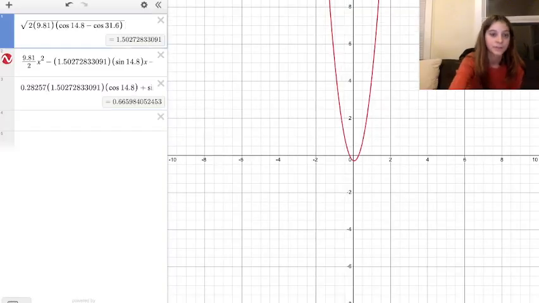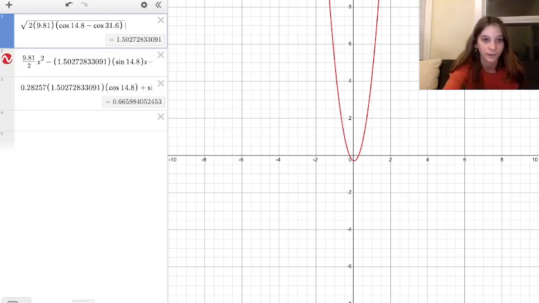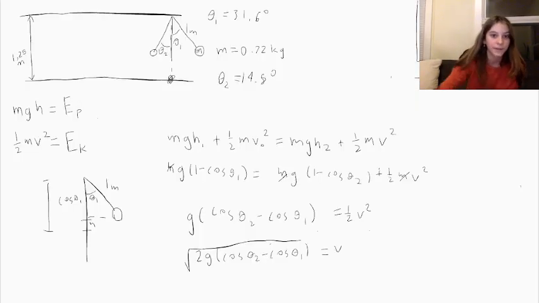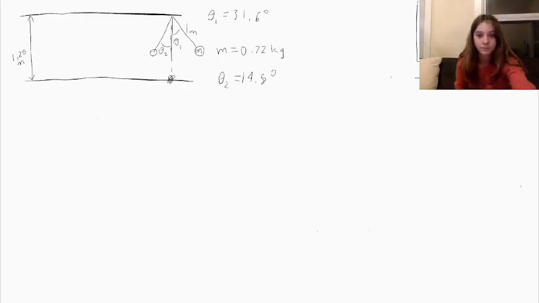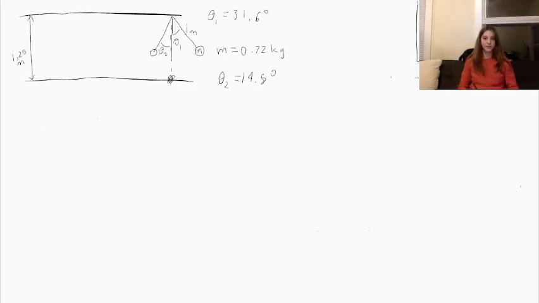This here, I substituted in theta 1, theta 2, and g for the values, and we get this as our velocity, 1.5027, lots of stuff. So I'm just going to keep it as V because it's easier to work with. Let me erase some stuff. Okay, so now we have basically a projectile motion problem because we know